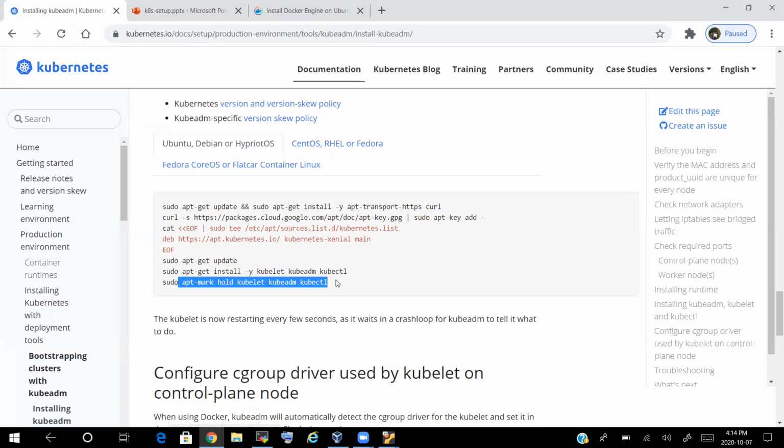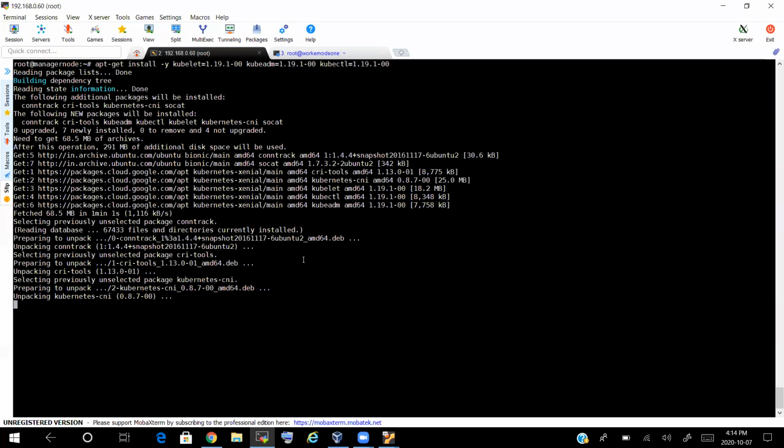If these are upgraded, it might create a mess on the nodes. Some dependency packages might get a conflict. So that's the reason I don't want to upgrade automatically; I have to do it manually. So that's the reason we are trying to hold these packages using this particular command.